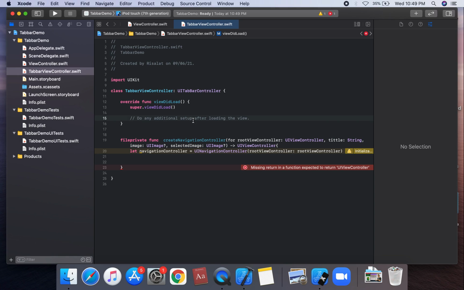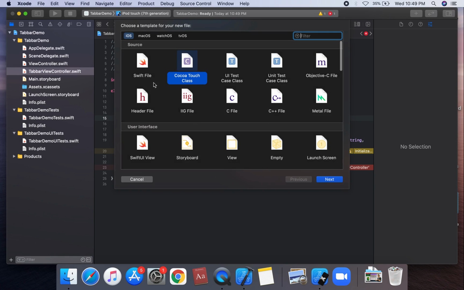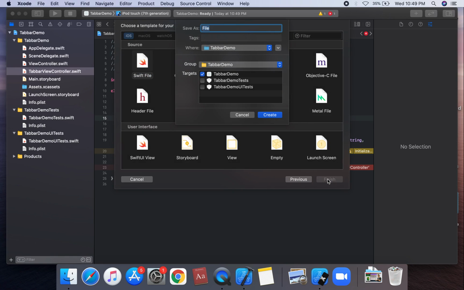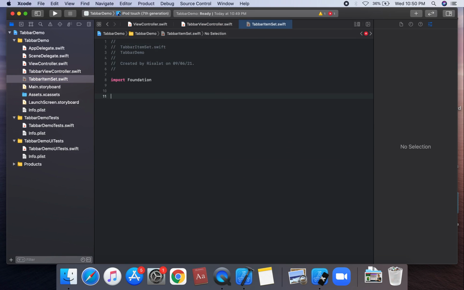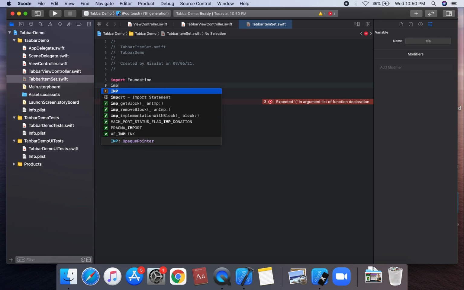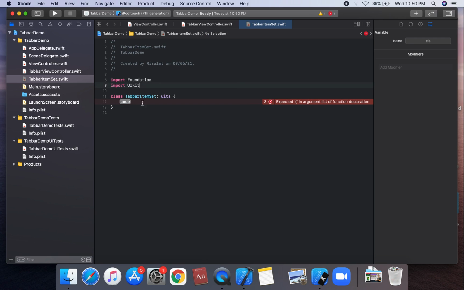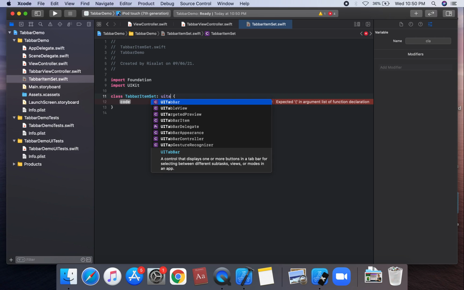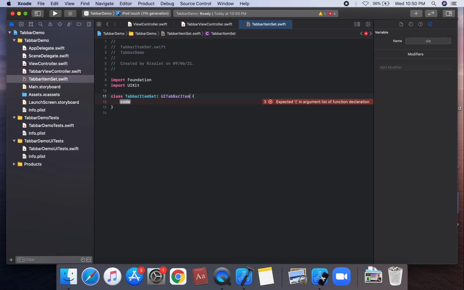So we're going to create another Swift file, suppose with the name TabBarItemSet. We create a class TabBarItemSet, a UITabBarItem subclass. Import UIKit, and in this UITabBarItem subclass, we're going to create initializers.